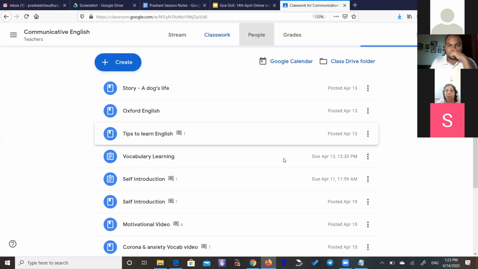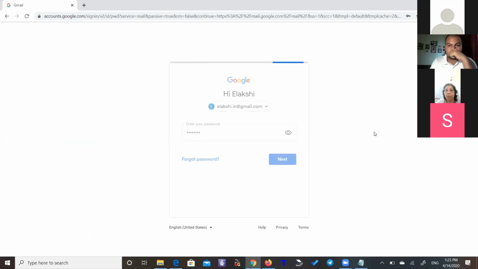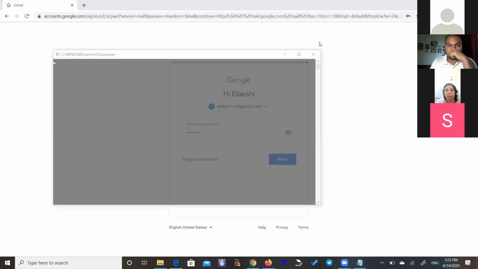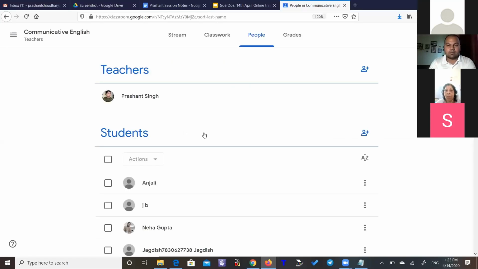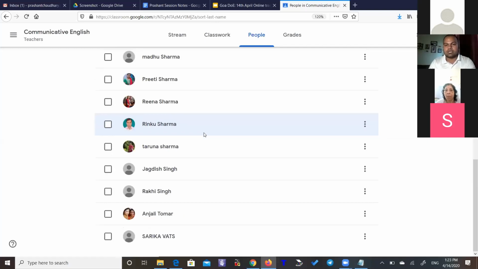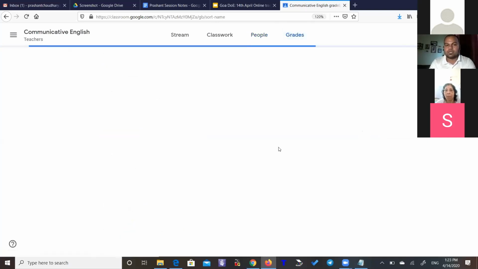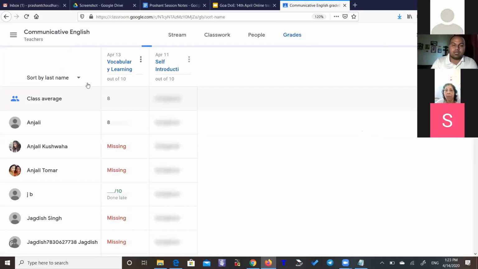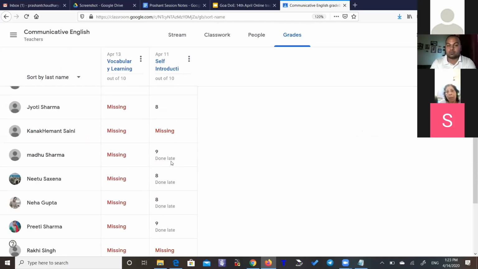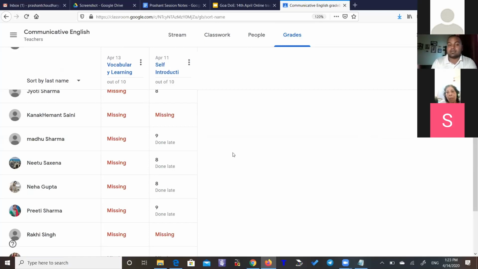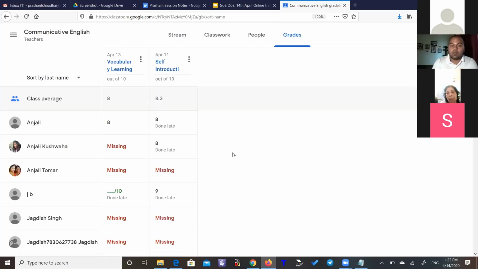Meanwhile, I'm just going to show you how it looks for a student. Okay, you can see the number of students in my class here. So these are the students, and the grade part I was saying, if you want to see whatever assignment I'm giving, if that is for 10 marks, you can see how many marks I gave to which student, who is missing, who has already submitted, who submitted late. And another best part is if I want to add this to the report card, in one click, I can take every single grade to my laptop. I can save it in an Excel sheet or Google Sheet.